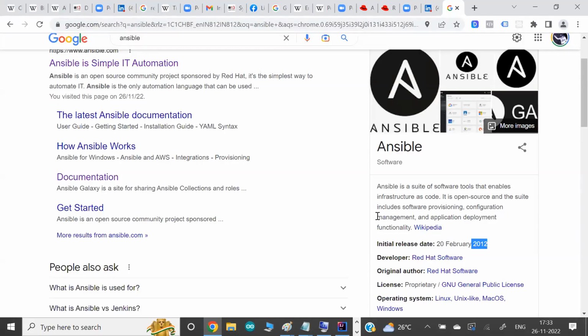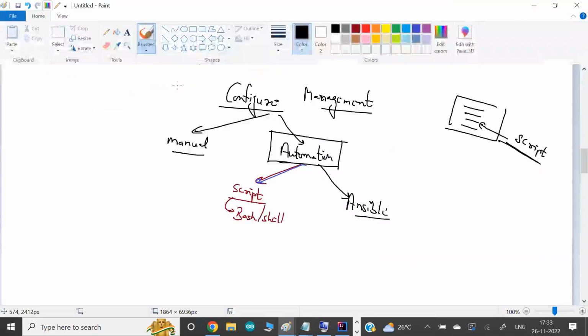Even though it's an automation tool, we have already been using scripts for the last 20-25 years. If some company is using scripts, they keep on using them for automating their servers, and the scripts are mostly very mature, meaning they keep on enhancing them and removing the bugs.